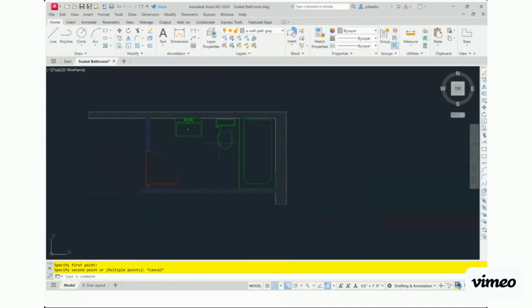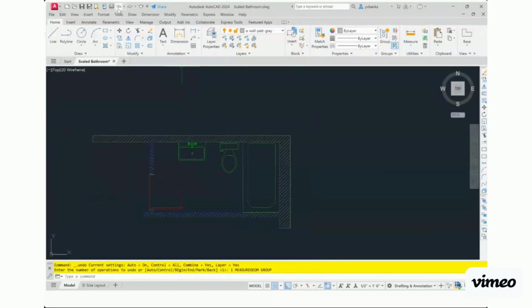This same technique can be used when you are working with other objects and trying to scale those into size. For now, I will just go ahead and repeat that step. If I go simply back to my undo,